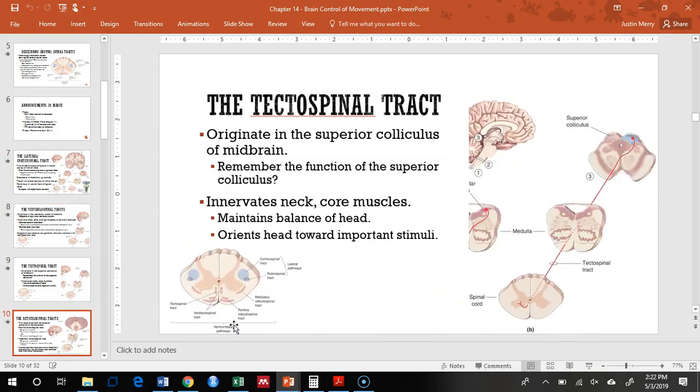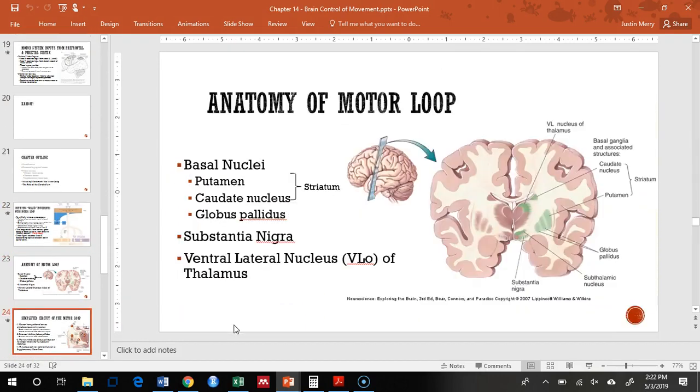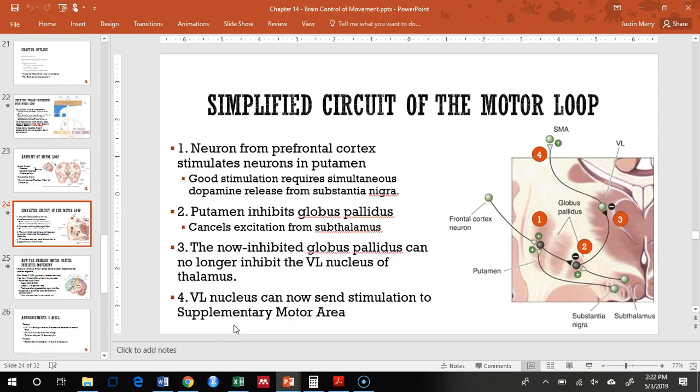with Parkinson's. I'll go there. Yep, there it is. So